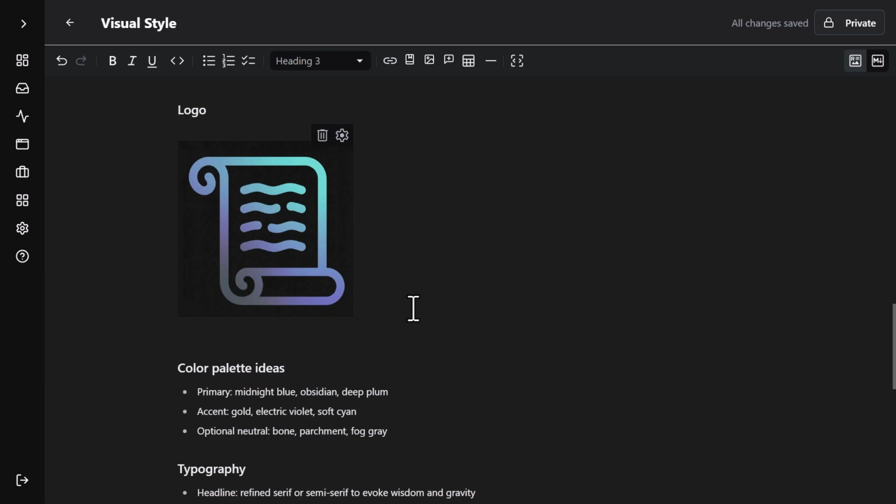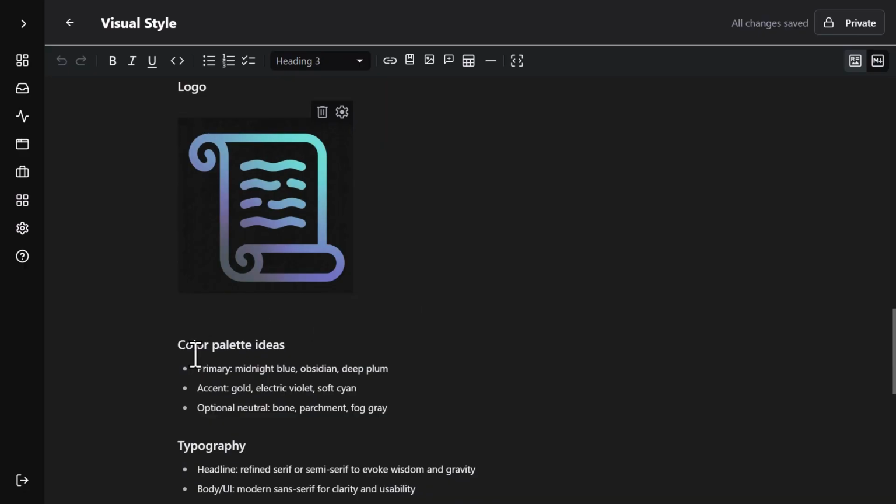Amazing. Let's move on. So then we came to this section that it created, where it gave us some ideas for what the logo should look like. This was a nice thing for it to do, but we actually already have a logo. So having this in the style guide will actually make it confused. So instead of ideas, we're just going to put logo here. And then we're going to delete all of this, and instead we're going to just replace it with an image. I'm going to upload, and I'll just upload this one. Okay, and here it is. All right, so I'll choose this, and wow, that's really big. Okay, that's fine. Let's shrink it down some. I'll just grab this over here and maybe a little bit more. There we go. Cool, so now it has the reference to this logo anytime it needs to use it.